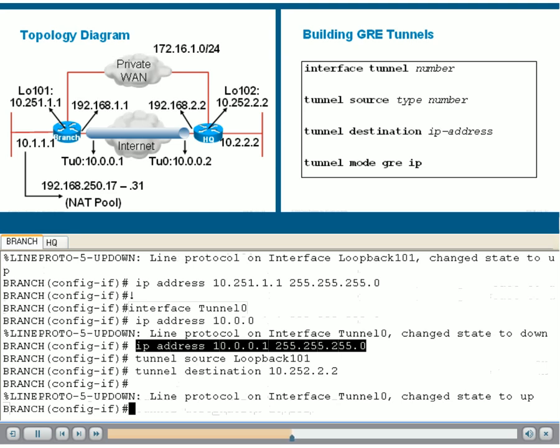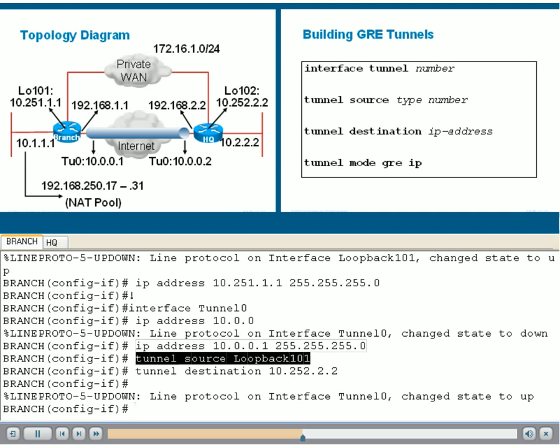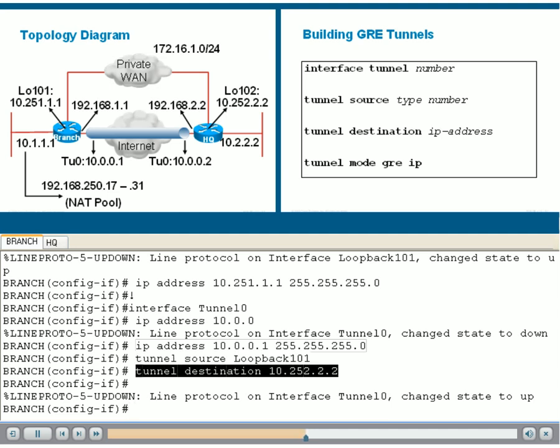In the case of IPsec, we don't really have a tunnel interface. We have a crypto map, and you cannot run routing protocols there. Our GRE tunnels will need a tunnel source and a tunnel destination. From the routing perspective, this is how the branch router finds the other end of the tunnel, virtually. Again, the recommended practice is to source the tunnel on the loopback interface for stability. The tunnel destination will be the loopback on the other side,